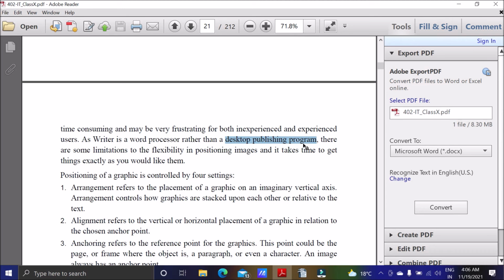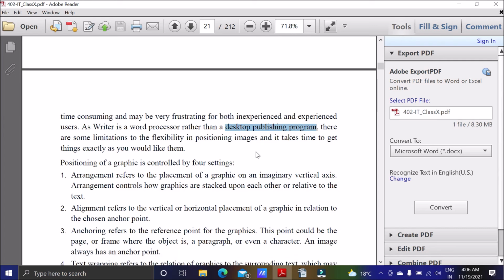So there are some limitations, they are not flexible, meaning very easy to work with. There are some limitations to the flexibility in the positioning of images, so you will face some difficulty and it takes much time to get to know exactly how to do this.